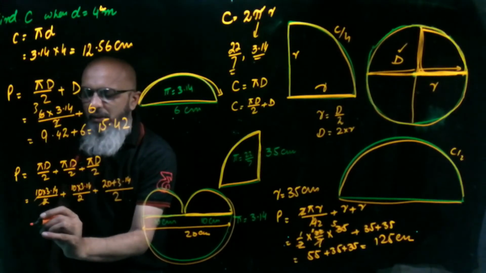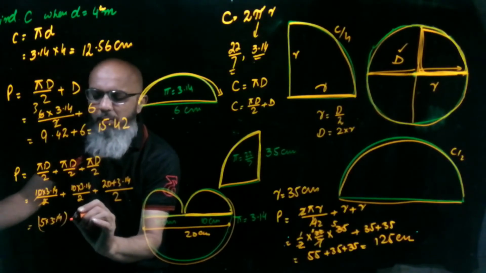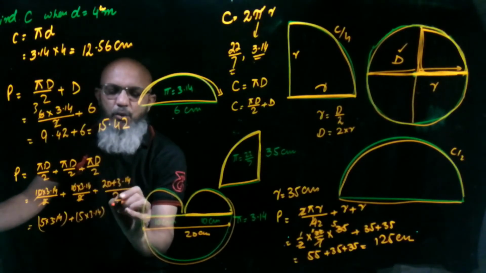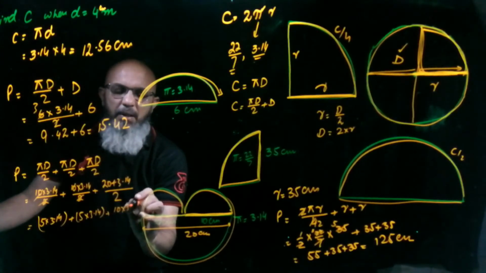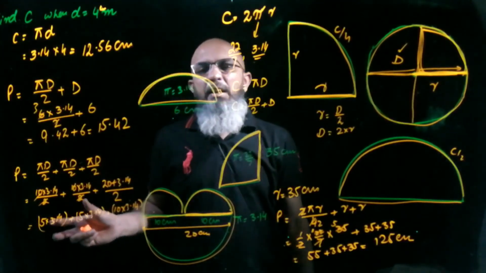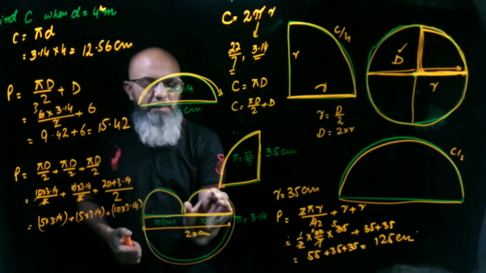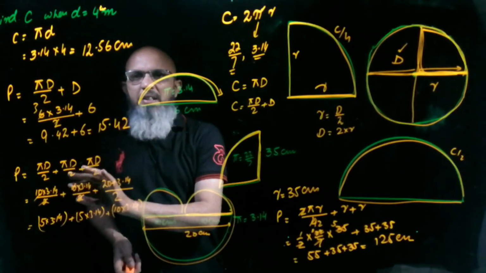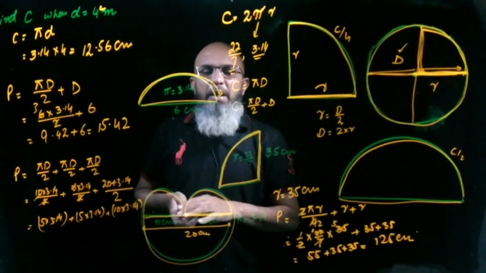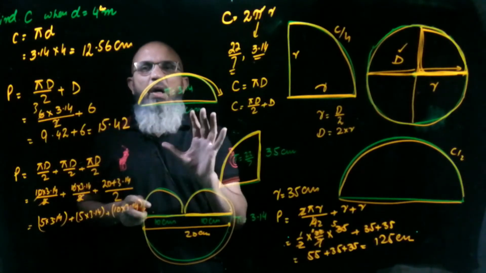So you can cancel it. 2 5s are 10, means 5 multiplied by 3.14, plus 5 multiplied by 3.14, and 2 10s are 20, so 10 multiplied by 3.14. You have to do these three multiplications and then add and you will get your answer. The other way, since these diameters are the same, you can take only one answer and the result remains the same. So you can do it any way. I always say, choose your own method to calculate in which you are comfortable.